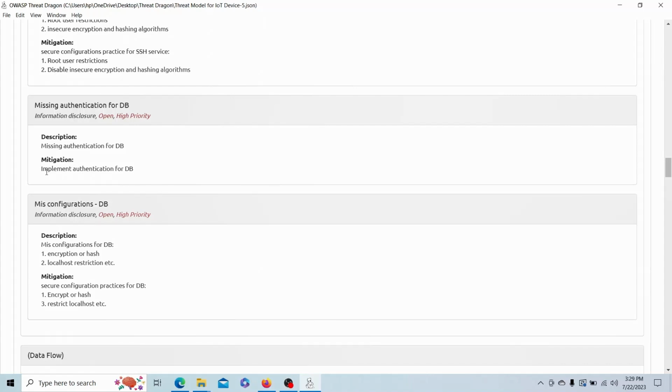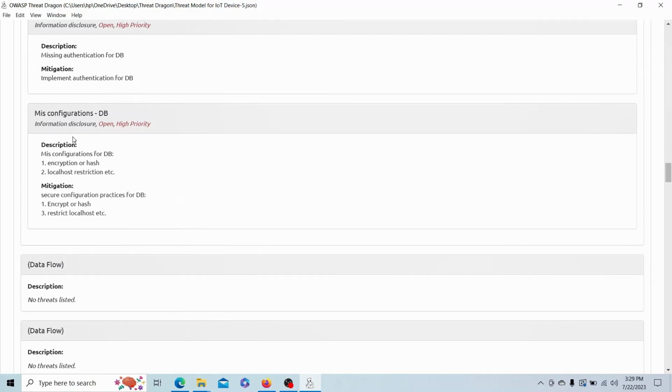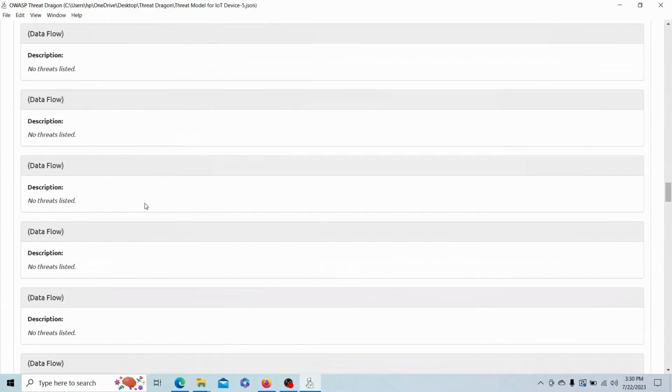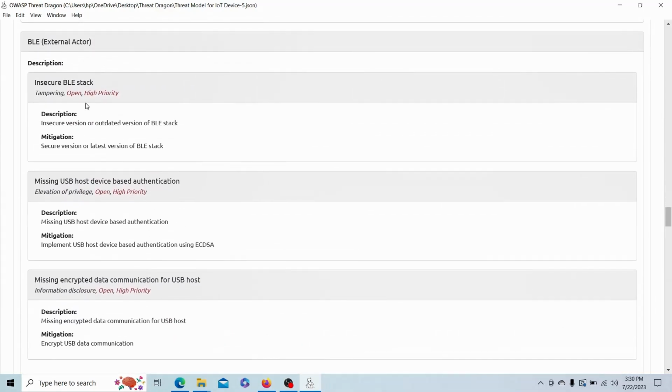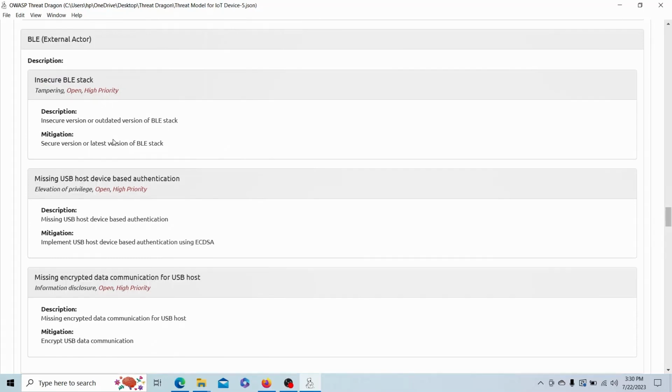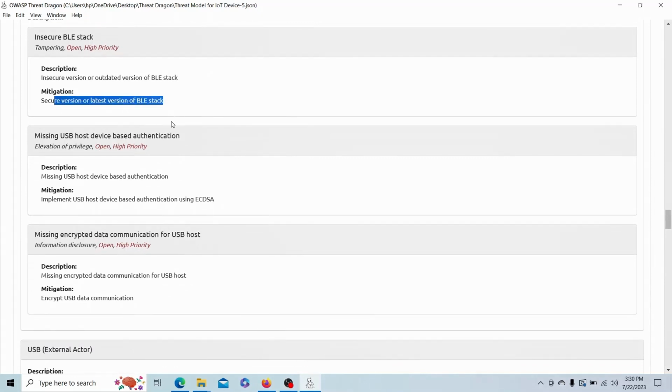So we need to implement a strong login mechanism for DB, and DB-related misconfigurations like encryption, hashing and storing, restricting to local access only. So these sorts of configurations we need to do. Okay, then the Bluetooth-related issues. The first one is an insecure Bluetooth stack. If the stack itself has any known issues, that will have an impact, so a secure version of the stack we need to consider,